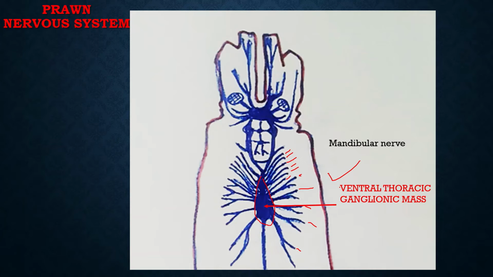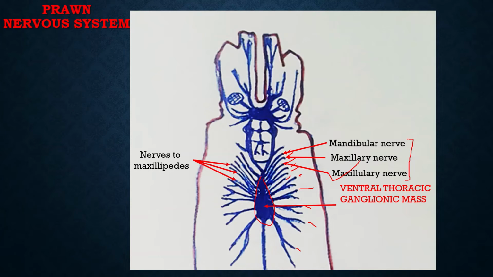Out of those 11 pairs, the first three pairs of nerves are called cephalic nerves, and these cephalic nerves are of these types: first the mandibular nerve, second the maxillary nerve, and third the maxillary nerve. So these three nerves are called cephalic nerves, and the remaining 8 nerves,